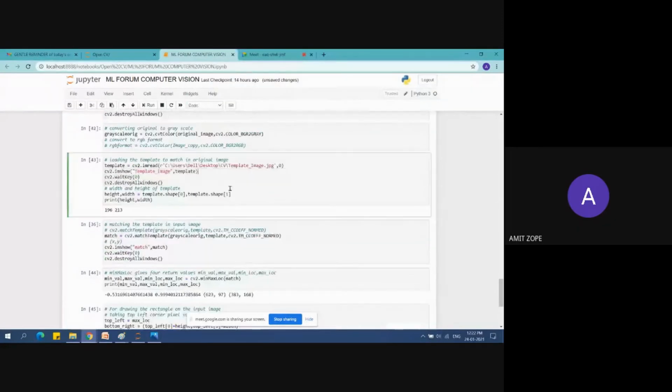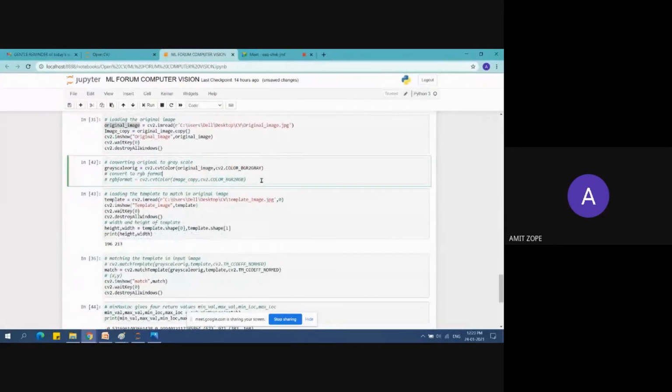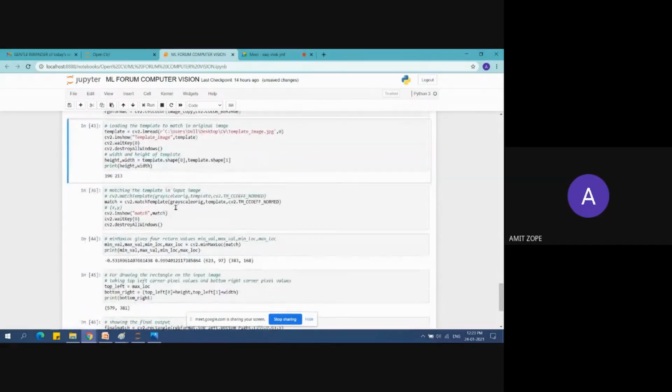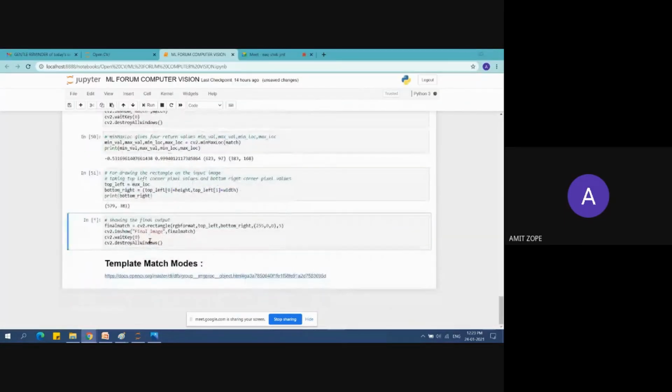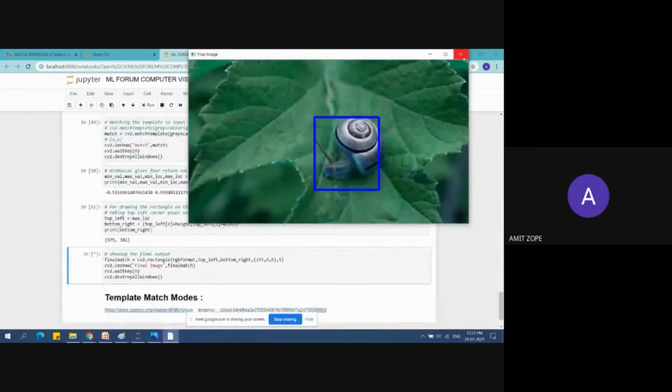It is blue now, and color BGR to RGB. It should work. RGB red should come there, but it is coming blue.